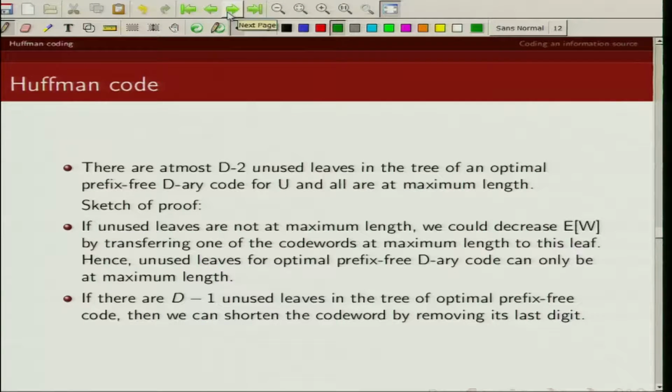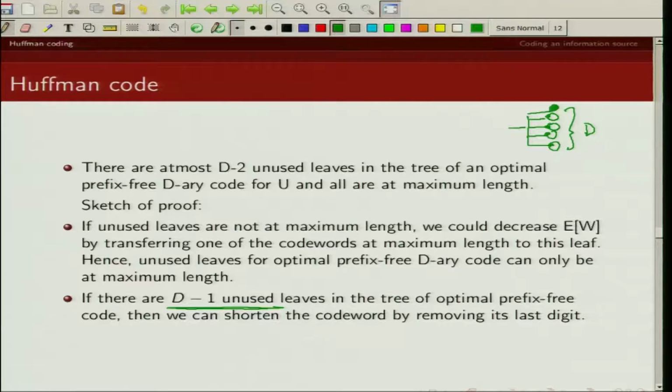Now, how many such unused leaves can there be? Note that there are at most D leaves possible. Now if there are D minus 1 unused leaves, that means only one of the leaves has been used, and all others are not used.